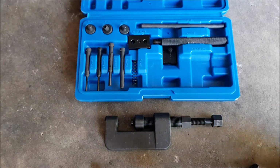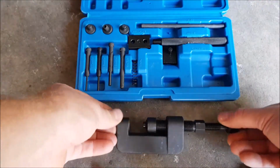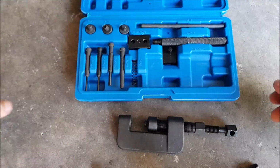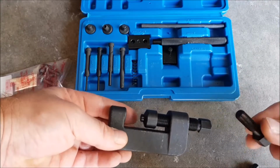So what have we actually got in this box, which by the way was actually quite cheap. I don't think it even cost 20 euros. We have a tool which we are able to remove a pin, a rivet and re-rivet a chain. So how does it work? Well, basically I take this piece off here,